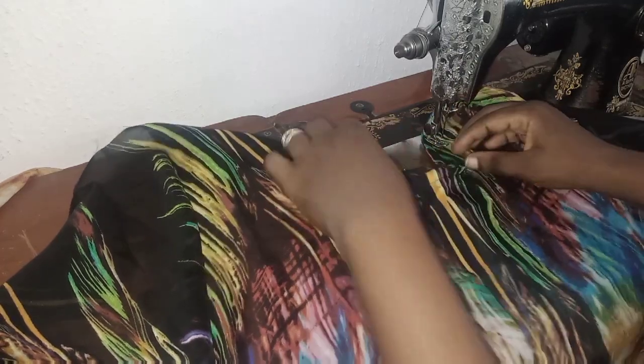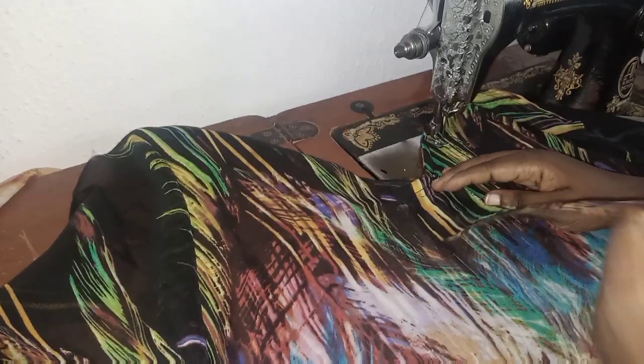So I'll come here, I'll place this at the center here this way, like this. You can see you place it this way, and you use your pin to hold it. You can see. So from there,